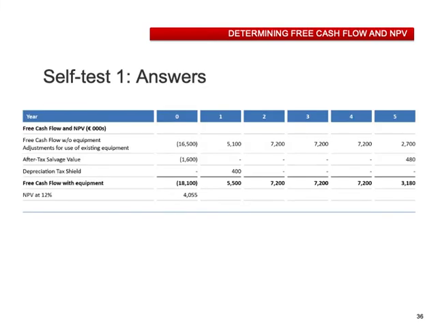Let's look at the answers of self-test number 1. So the equipment that spacecraft received from another facility could have been sold for 2 million euros, but we didn't because we are obviously going to use it for spacecraft. Now, the after-tax proceeds from this supposed sale is actually an opportunity cost of using the equipment in spacecraft. So we must reduce spacecraft's free cash flow in year 0 by 2 million euros less the taxes that we